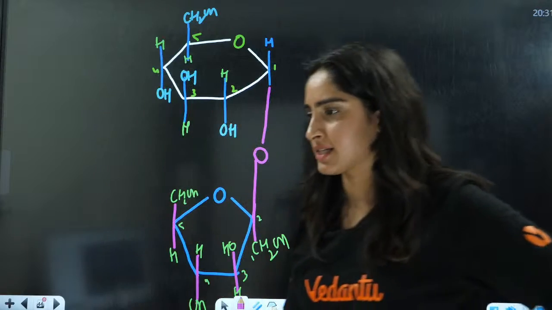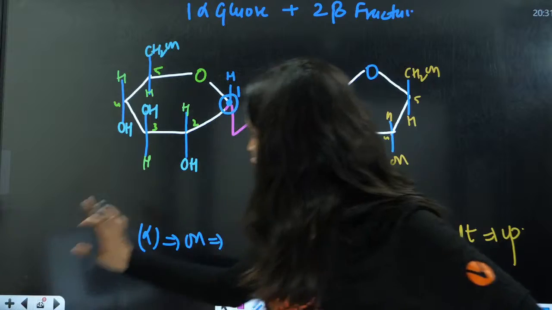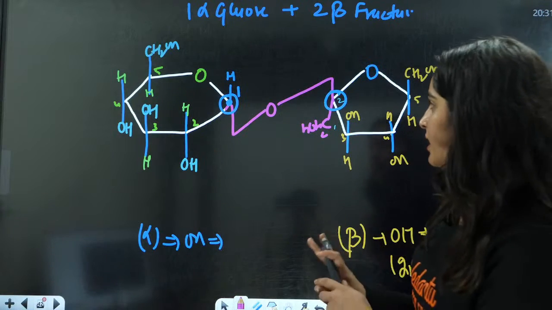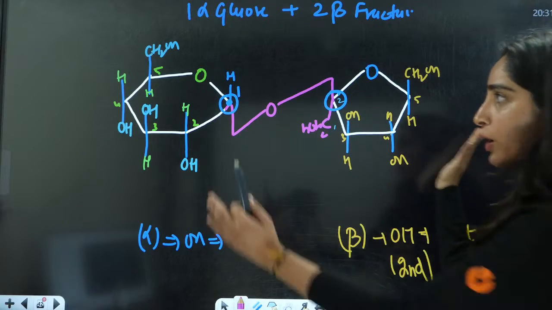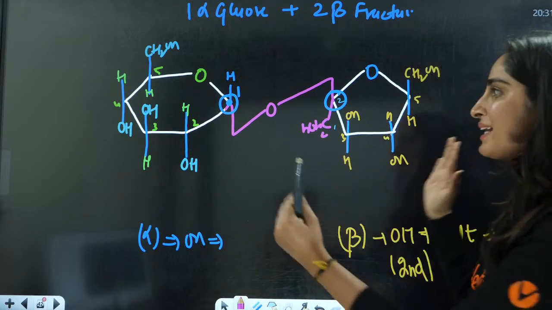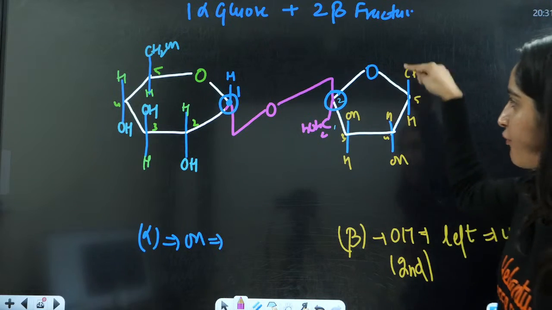The structure is correct. Yes. No, both the structures are correct. Even this is correct and this is also the correct structure. Okay. Don't draw 1, 2, 3, 4 from this side if you are drawing this structure. If you are combining the structures like this, do not draw 1, 2, 3 from this side.